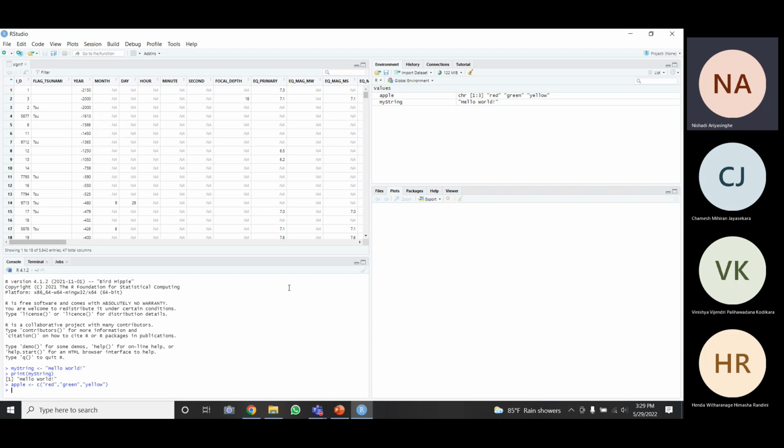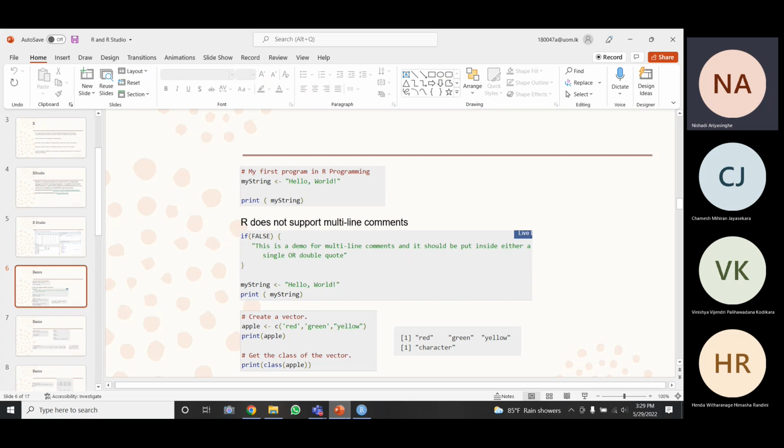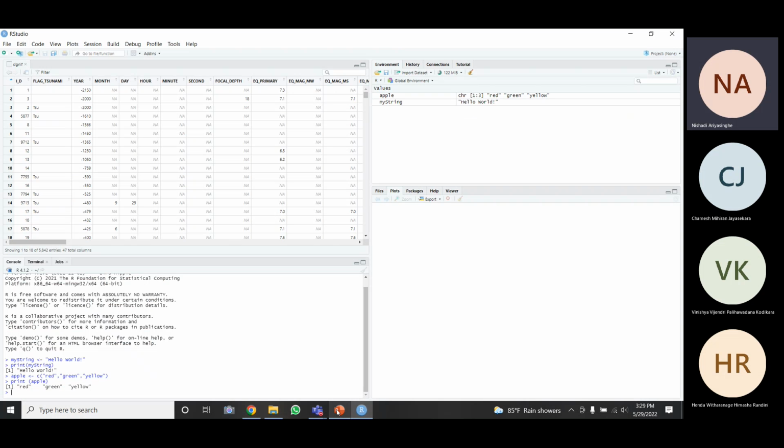So if I simply type print apple, you can see the values will be printed. If you want to get the data type or the class of the vector, you can print class, the class of the vector.